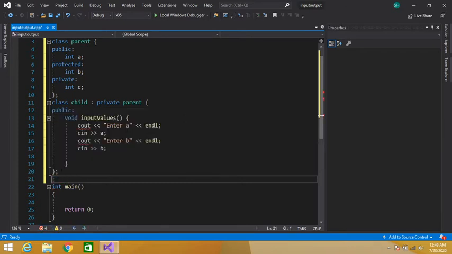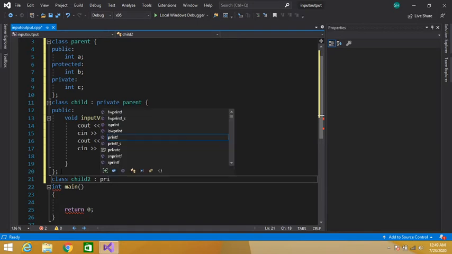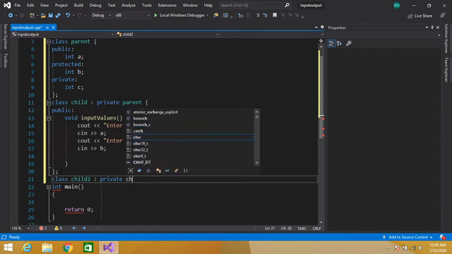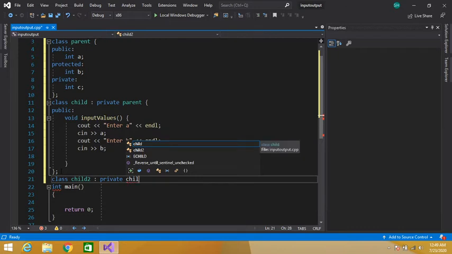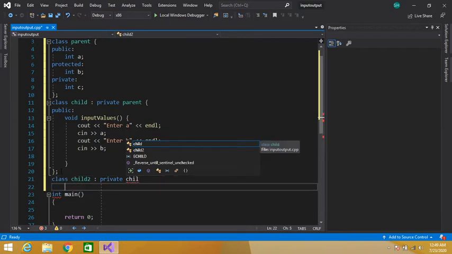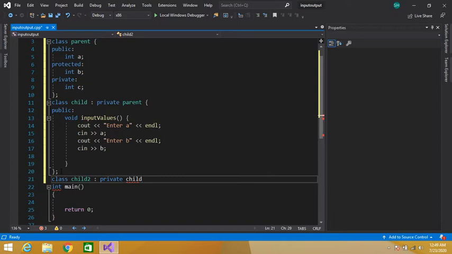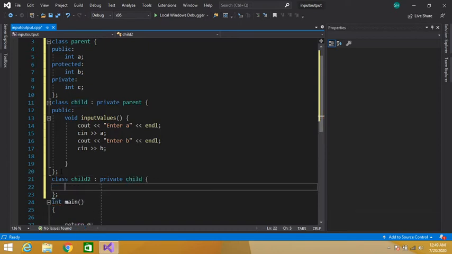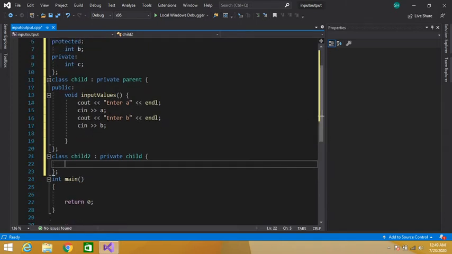Let's define another class, let's say child 2, private, our child class. Now we cannot access A and B here.